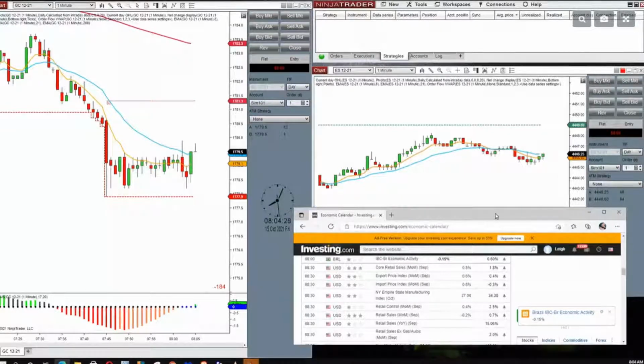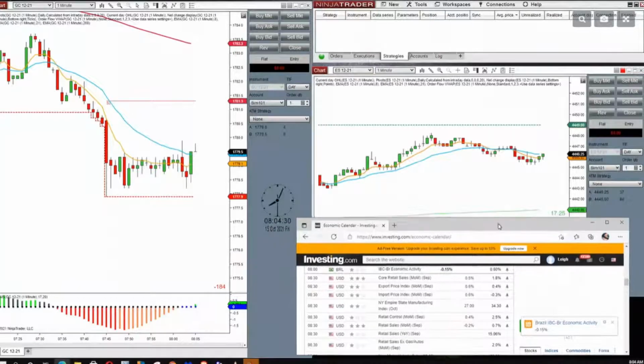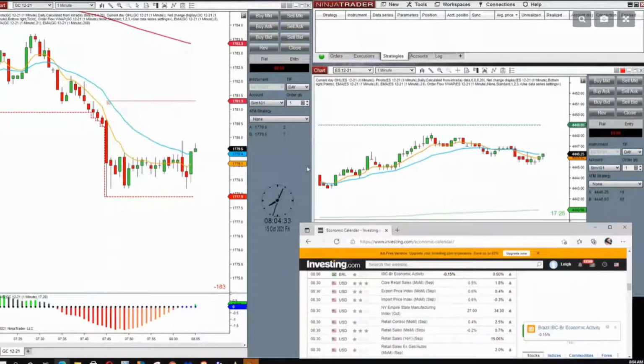So what's the enemy of a trap trade? The enemy of a trap trade is a burst in one direction, okay? Because the idea is you want price to go up or down, down or up. You want it to do both, okay? You don't want it to do what the breakout trade does, which is to just move in one direction. We want it to do both.